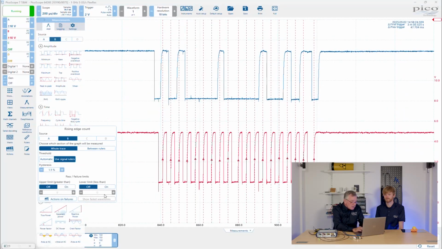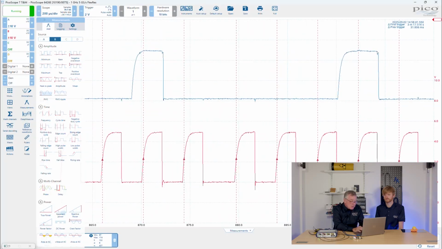So I'll turn that on, and what you'll see is that on each of those rising edges is a little red arrow at the point that it's making its decision about that edge. And let's zoom in a little bit more, and you can see them quite clearly. And I'll freeze the display just for clarity. So you can see that the arrows are where it's making its decision, but it also, in this case, puts a vertical red line across the rest of the display, so you know what's going on in the rest of the signal